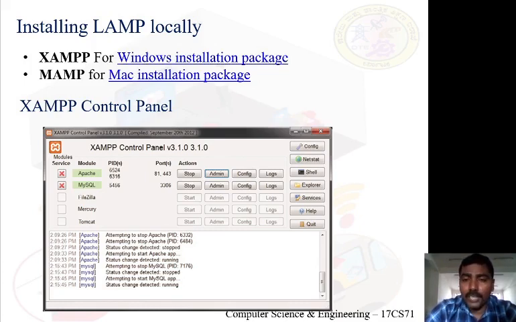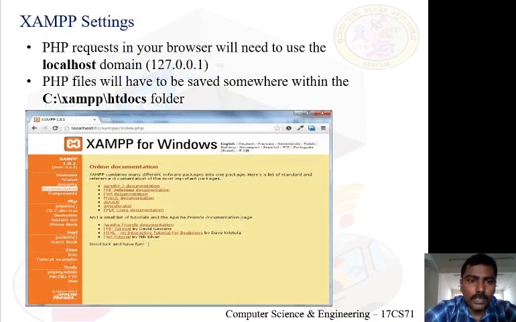Now let me clarify that. To clarify, log into the browser and request localhost, as we see in the next slide. Type the URL clearly as you can see in the slide.